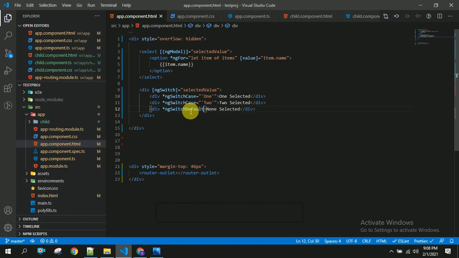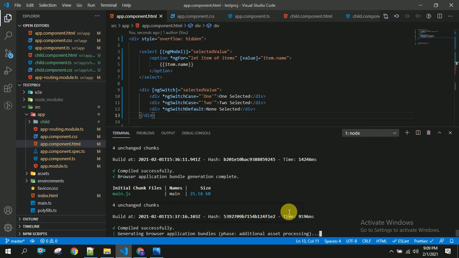So if user has selected other than 1 or 2, it will show it as default text none selected. So even when user comes to our application for the first time, the value will be empty, so this particular thing will be shown to the user. So let us save this. So it will get compiled.